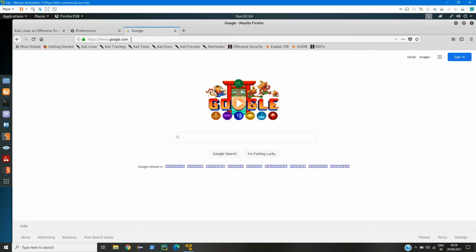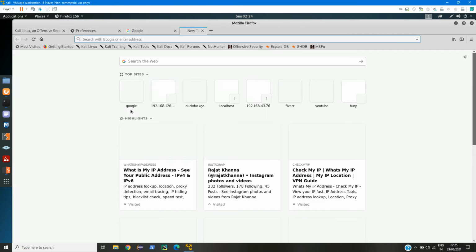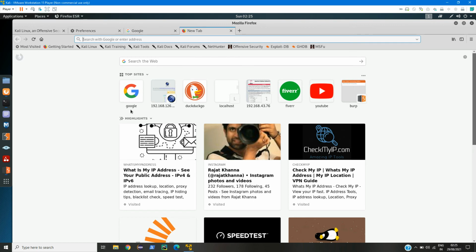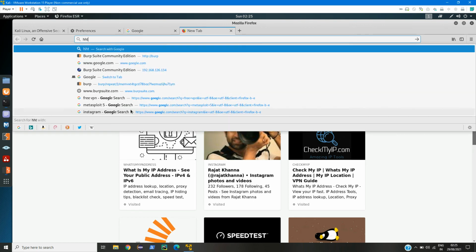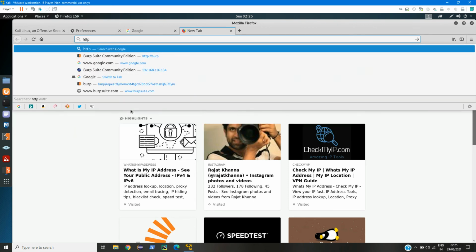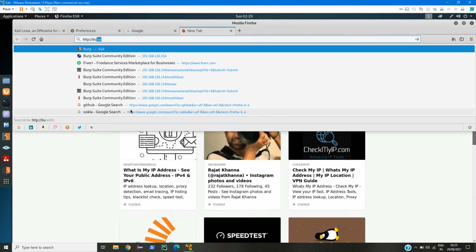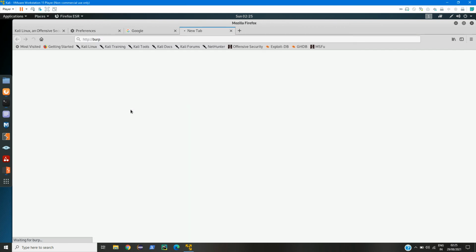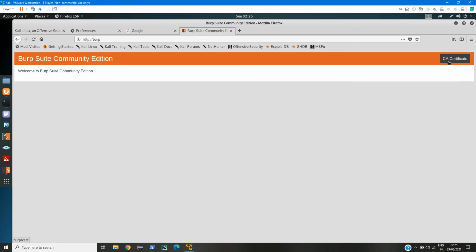So currently we can only visit the HTTP websites, but to visit the HTTPS websites, we also need to add a Burp Suite certificate, which we can find at http://burp. Here you can see we have this button CA certificate.